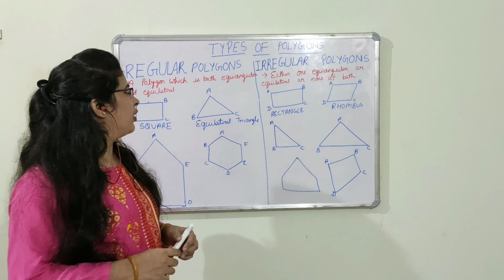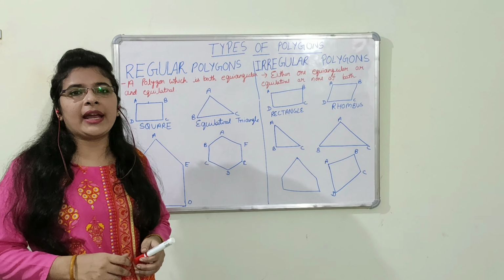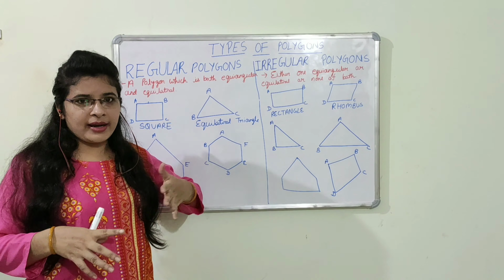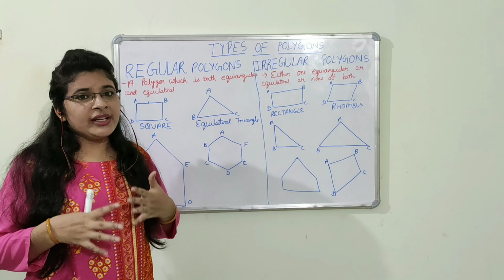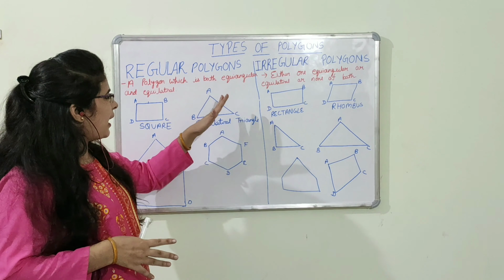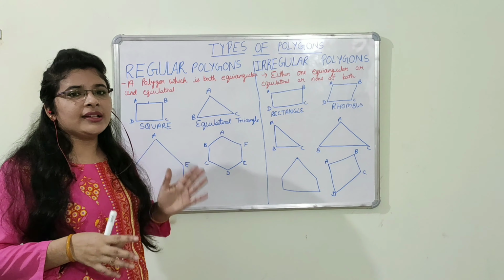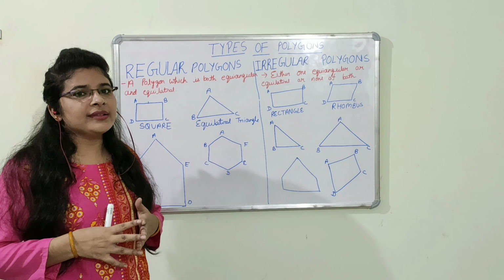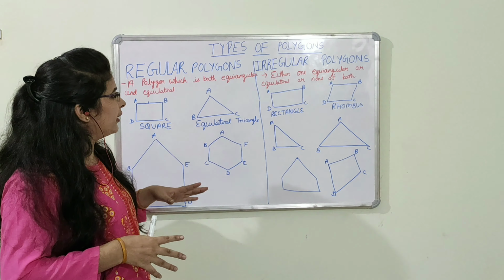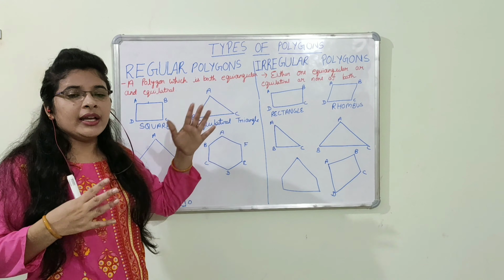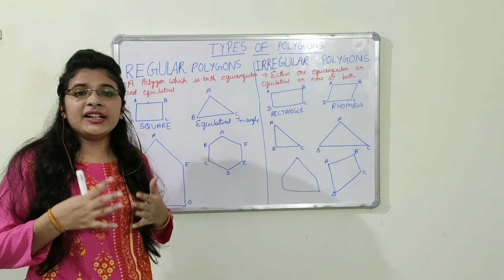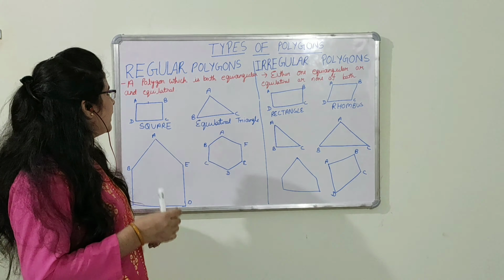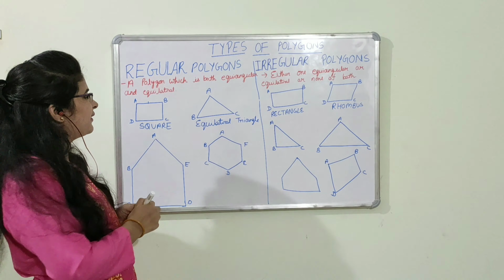About the next type of polygons, that is regular polygon and irregular polygon. What is a regular polygon? A polygon which is both equiangular and equilateral is known as a regular polygon. What does a regular polygon mean? It is equiangular, meaning all its angles are equal to each other, and equilateral means all its sides are